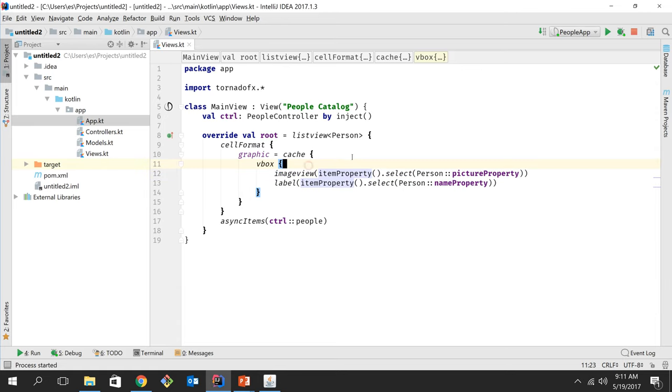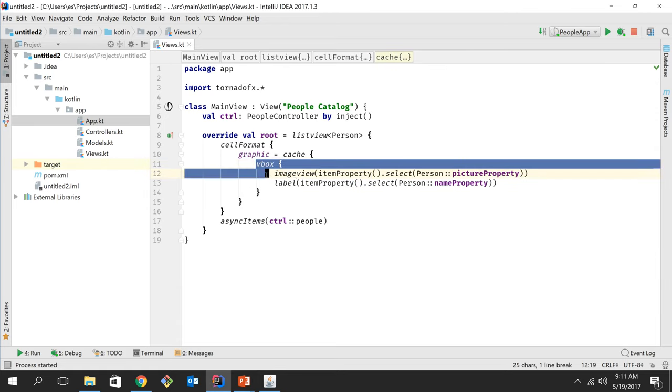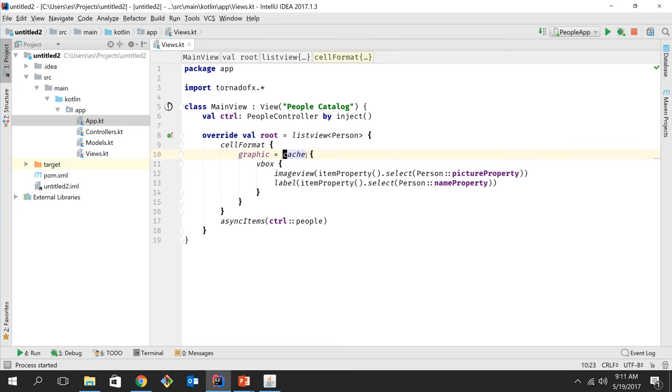So what happens now is that for each cell, we only recreate the VBox, image view, and label once. So we have maybe 5 of them now, but we still change the image and the label inside as the cell is used to display different people. This has the advantage or disadvantage, depending on how you look at it, that the image inside the image view will be reloaded for each cell and then thrown away again. Again, depending on your actual use case, this might be what you need, or it might be bad for performance, right? So I think mostly this is a great